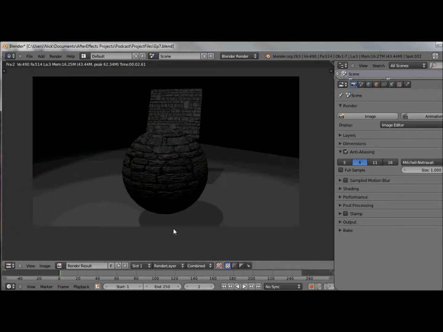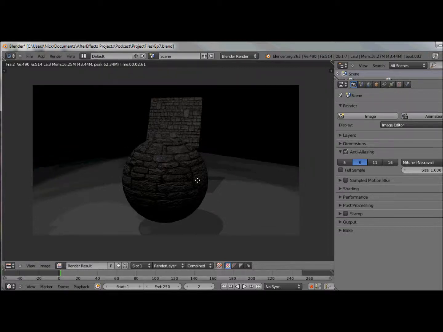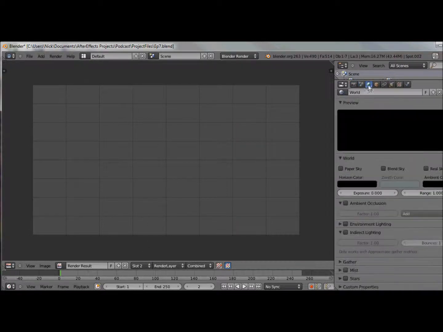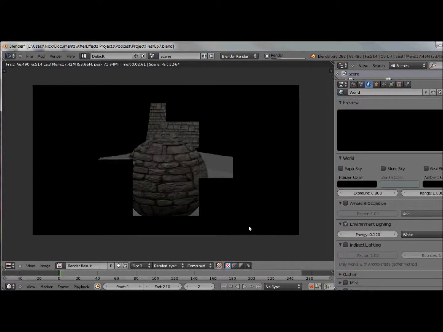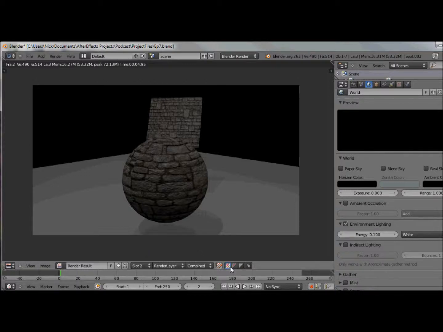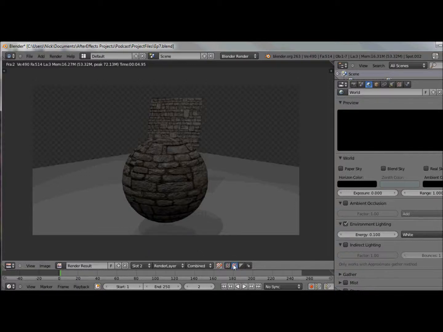And the final thing I want to talk about is the actual render result window. If you want to compare two renders, you can actually render things into two different slots. So if I wanted to compare the effect of environment lighting, so the 0.1, to when I do a normal render, what I can do is slot 1, slot 2, and see the effects. And you can see down there I've got some options to do RGB, RGBA, so with an alpha channel, black and white,